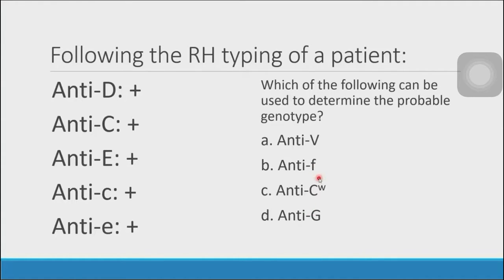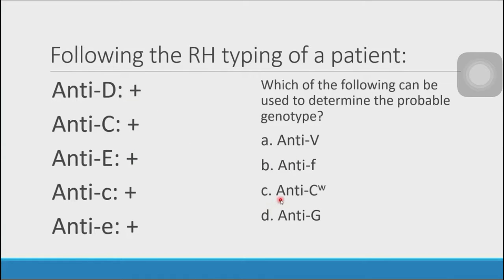Hindi pa. Kung mapapansin mo, the F antigen is present lang on the RBCs that have positive C and E. Ito meron, so yes. How about anti-G? Again, antibodies towards the G antigen. Ang G antigen naman, present lang yon sa mga red cells or sa mga patient na may big D at big C na red cells. So, ito, positive sa big D at big C. So, pwedeng B or D ang sagot, 'di ba?